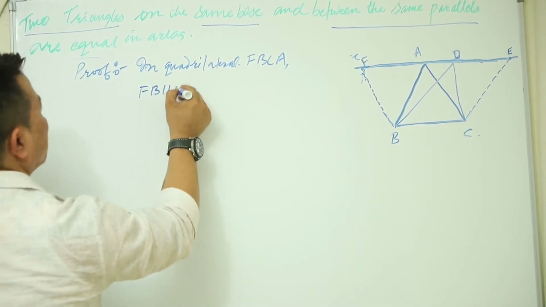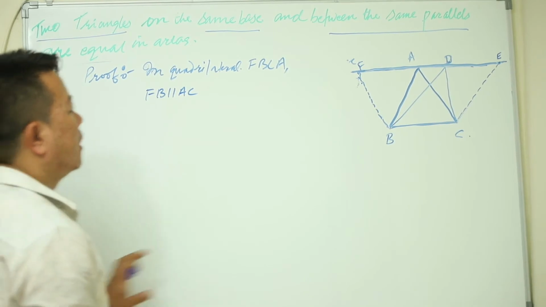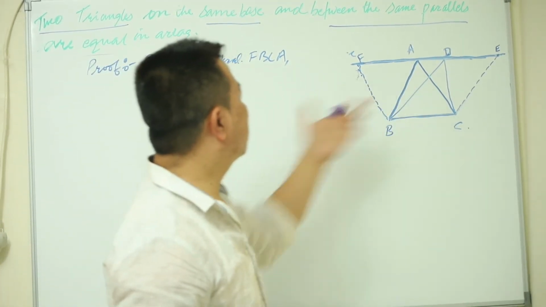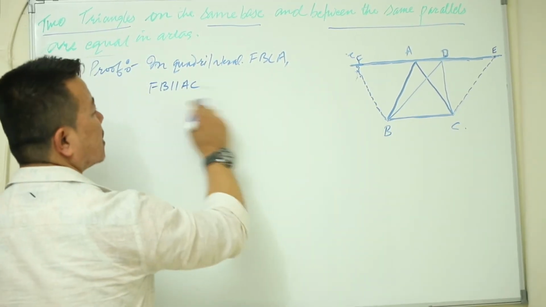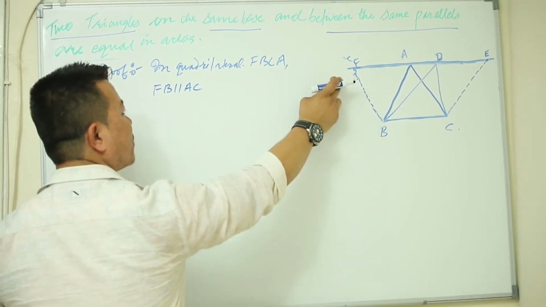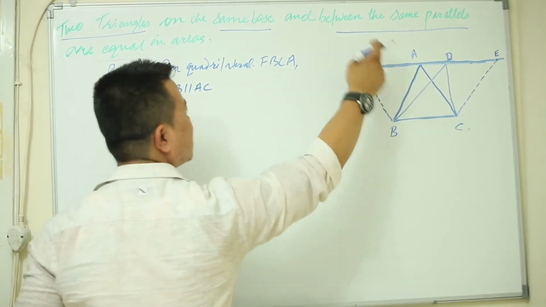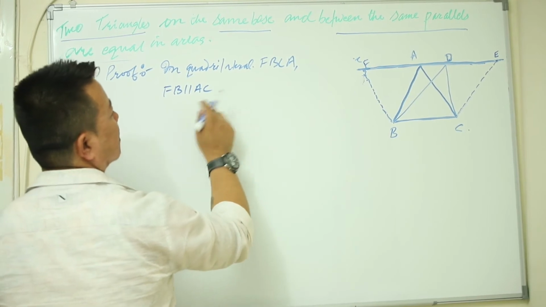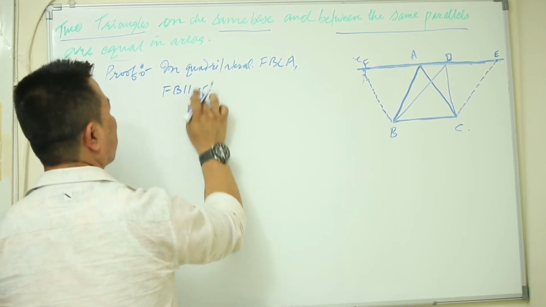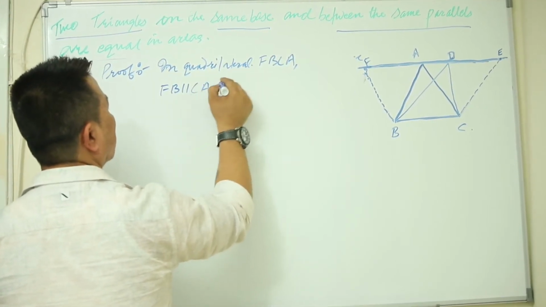FB is parallel to AC. How is FB parallel to AC? By construction, because this BF we have produced is parallel to AC. You can write CA. Now the reason is,